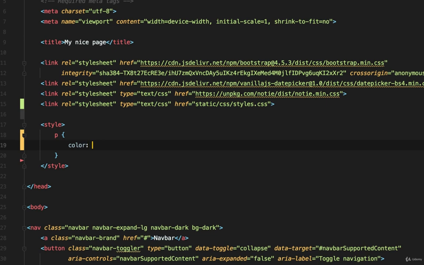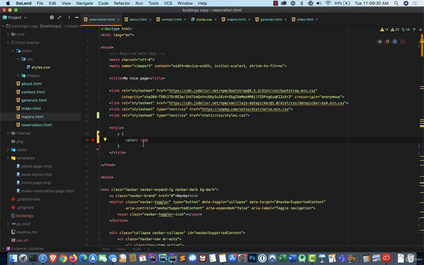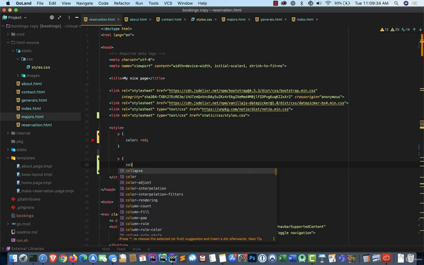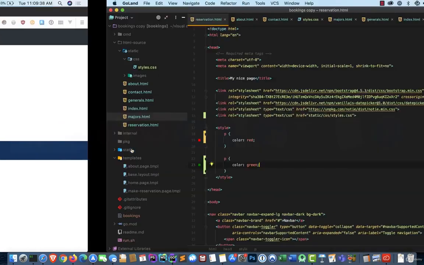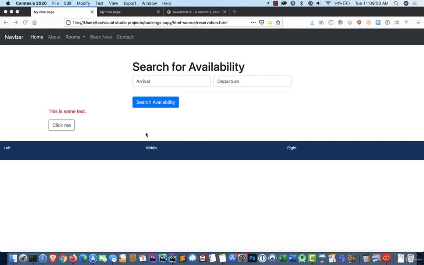And I can say color red. And if I save that and reload this page, this is a paragraph, so it should change to red. And it did. And then if underneath that I create exactly the same thing, but make color green, what's going to happen? Well, what I'm telling it here, first of all, I'm saying every time you see a paragraph tag, make the text red. And then immediately after that, I'm saying every time you see a paragraph tag, make the color green. Well, what's going to happen? If I reload this,